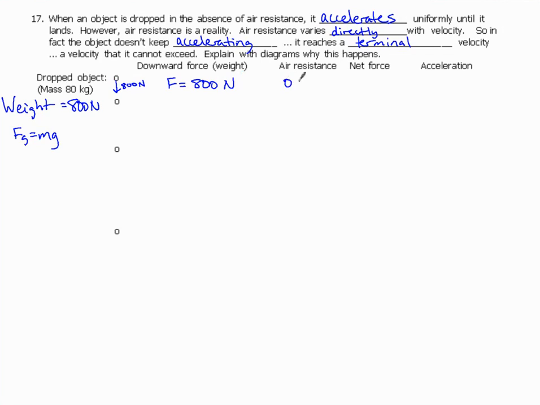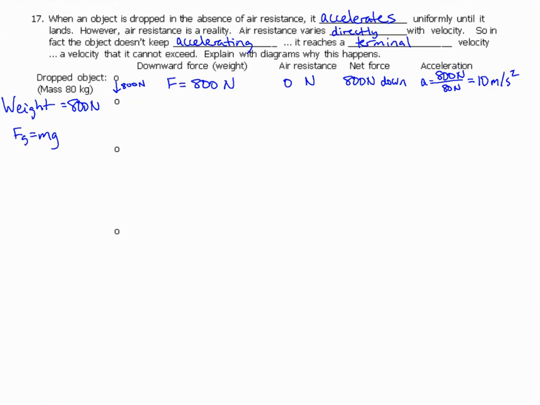Air resistance initially is going to be 0. And what is the net force? 800 newtons down. So what's the acceleration? The net force divided by the mass. So our acceleration here is 10 meters per second squared,